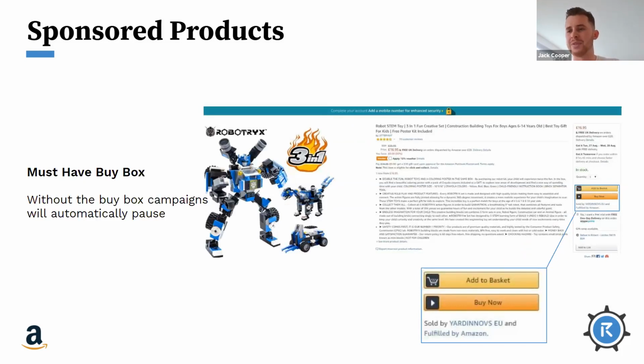One thing to note is you must have the buy box, and this is really important. So the buy box is, you can have multiple sellers on a listing, and who is benefiting from that sale when the customer adds to basket. And that's called the buy box. And if you don't have it on your product, so you don't have control of your supply chain and you've got resellers selling your product, this is something we see very commonly. If you're considering launching on Amazon, ensure that you have your supply chain managed and you take control of the channel. You don't have any other resellers, distributors, for instance, selling your products, because it can make it very difficult to manage your ads. And the only thing you can really guarantee is ownership of your content.